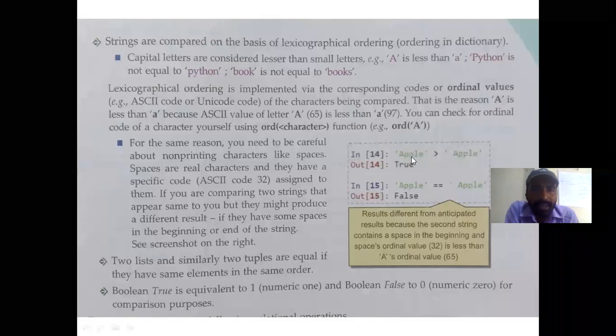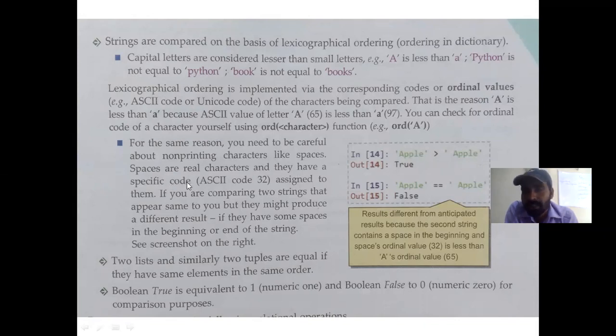For the same reason, you need to be careful about non-printing characters also. Here one more rule is given: non-printing characters like space, enter key, carriage return, new line. So non-printing characters are also considered in Python. Spaces are real characters and they have a specific code, Unicode or ASCII code 32, assigned to them.